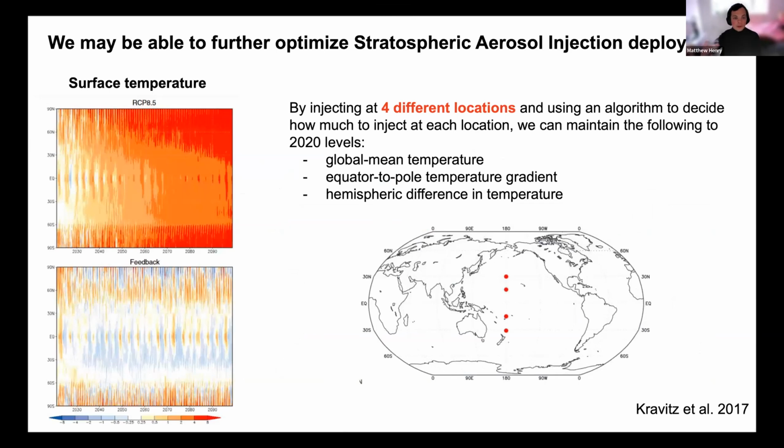The other thing we have learned is that we could optimize our stratospheric aerosol injection deployment because the climate impact of stratospheric aerosol injection is dependent on how we do it. And so this early study with CESM showed that by using 4 different injection locations and an algorithm to decide how much to inject at each location, we can maintain the global mean temperature, equator to pole temperature gradient, and hemispheric difference in temperature. So then you would avoid